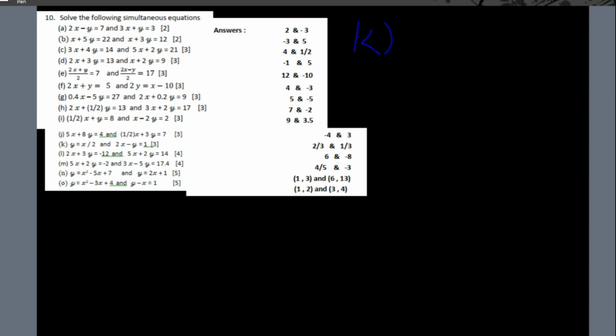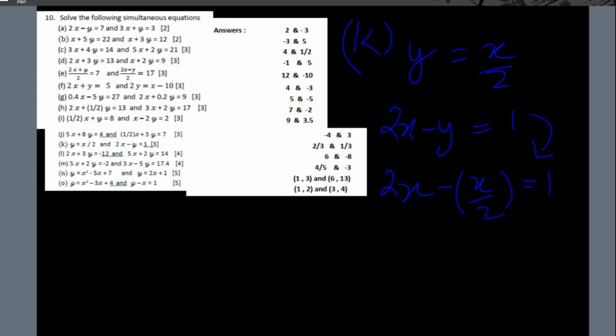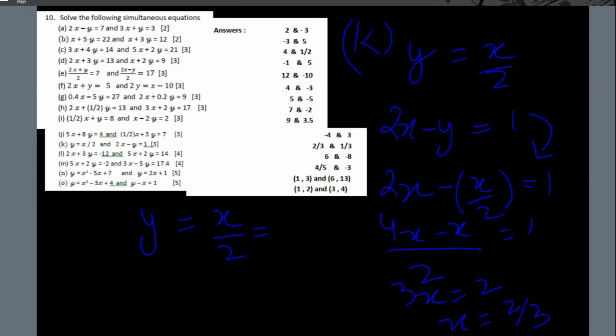K is y equals x over 2, and then 2x minus y equals 1. The easier way to do this is by substitution, not by elimination. So in this equation, instead of y, we can write x over 2. Take LCM, we get 4x minus x equals 2, so 3x equals 2, so x equals 2 by 3. Now put it back in the first equation, y equals x over 2,